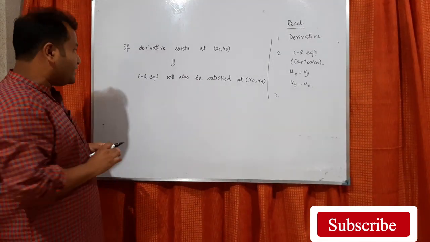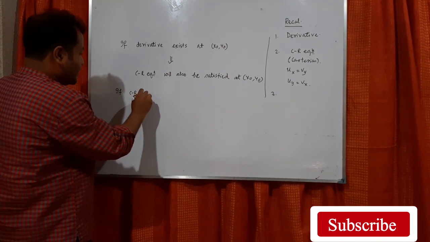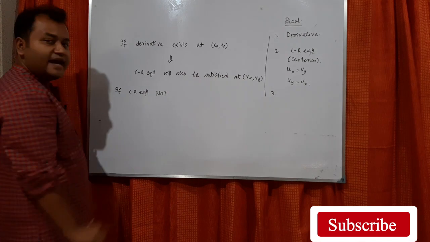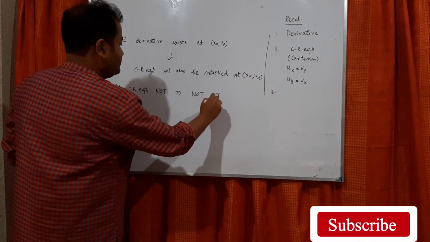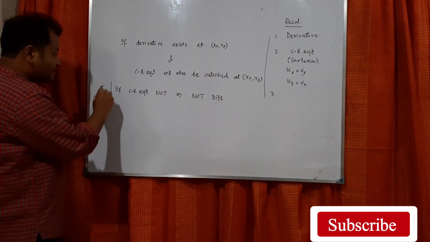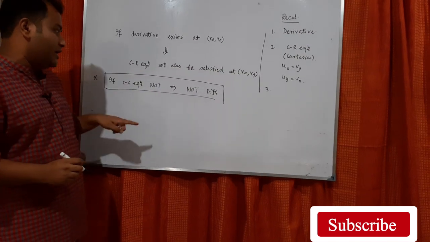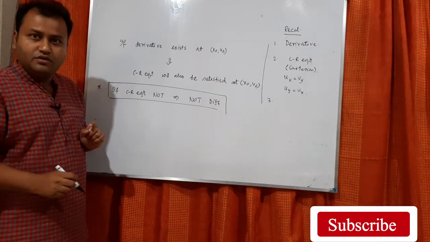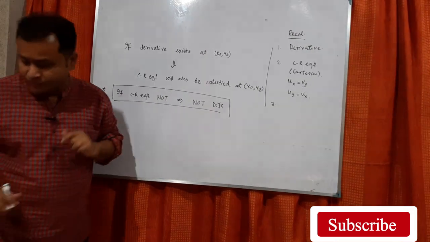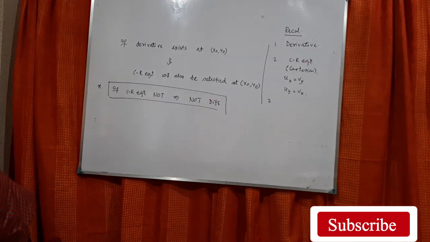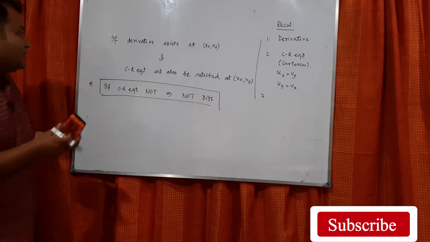So conversely, what we can say is that if the CR equation is not satisfied at some point, that implies it is not differentiable. So using this, the converse of this theorem, you can solve many problems. Okay. So in today's class, let me give a few examples first. Say example number 1,